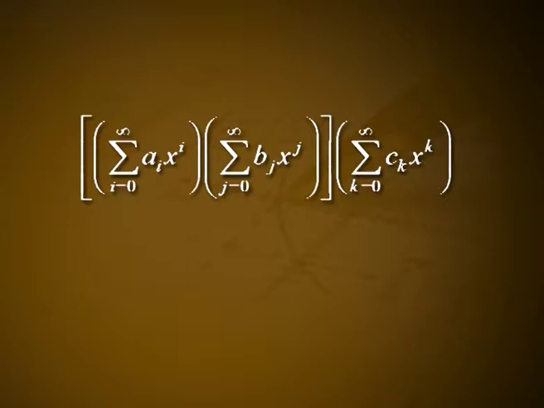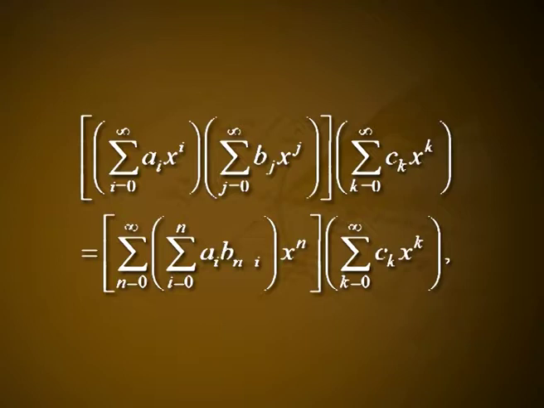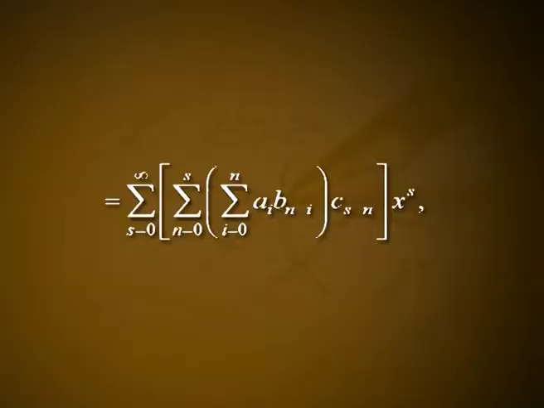Sigma i equal to 0 to infinity a_i x^i into sigma j equal to 0 to infinity b_j x^j into sigma k equal to 0 to infinity c_k x^k equal to sigma n equal to 0 to infinity into sigma i equal to 0 to n a_i b_(n minus i) x^n into sigma k equal to 0 to infinity c_k x^k, by the definition of polynomial multiplication, which is equal to sigma s equal to 0 to infinity sigma n equal to 0 to s sigma i equal to 0 to n a_i b_(n minus i) into c_(s minus n)